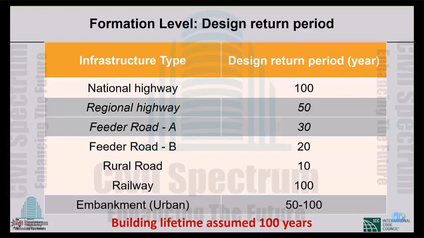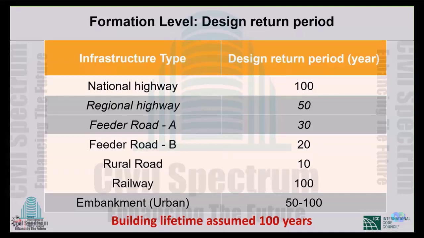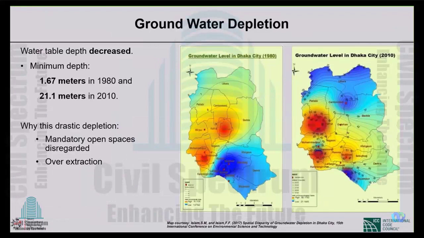The railroads are designed for 100 years planning. Imagine that the 100-year event will come within a 30 year period. These roads will be submerged due to climate change. So you have to understand it. Most of our buildings are designed for 100 years. And our nearby roads, the Dhaka city roads you are looking at, are either 30 year return period or 50 year return period.